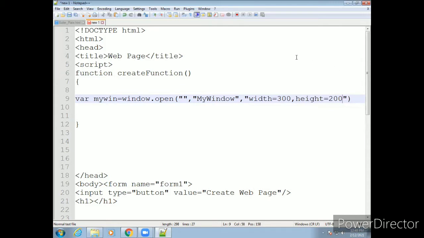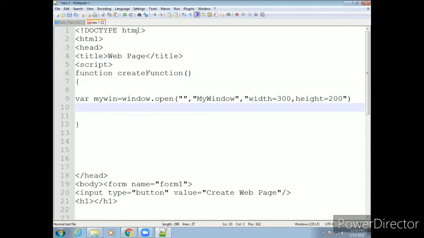Now let's move on to the next point. We want to write some content here. Which tag are we going to use? We use some HTML tags for our web page. How are we going to use them?